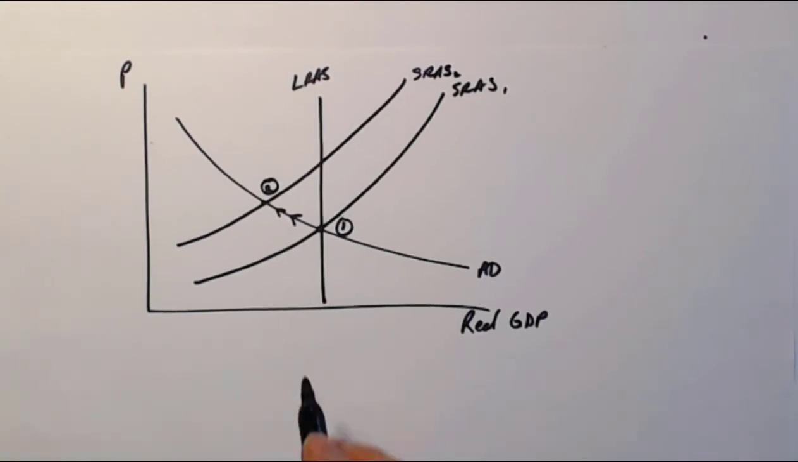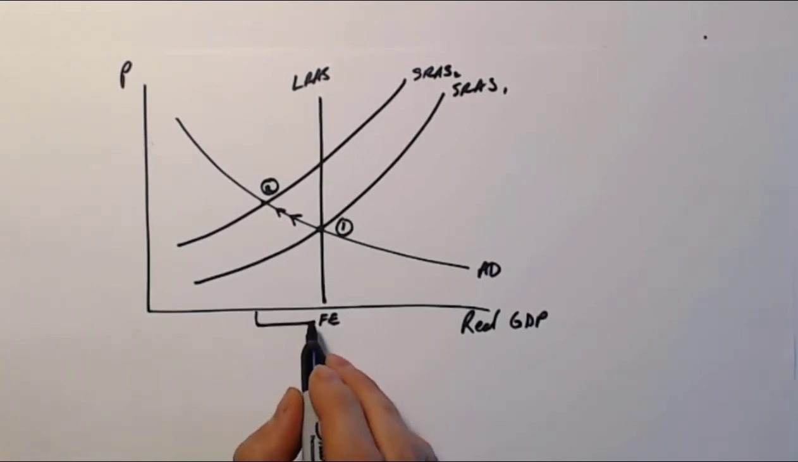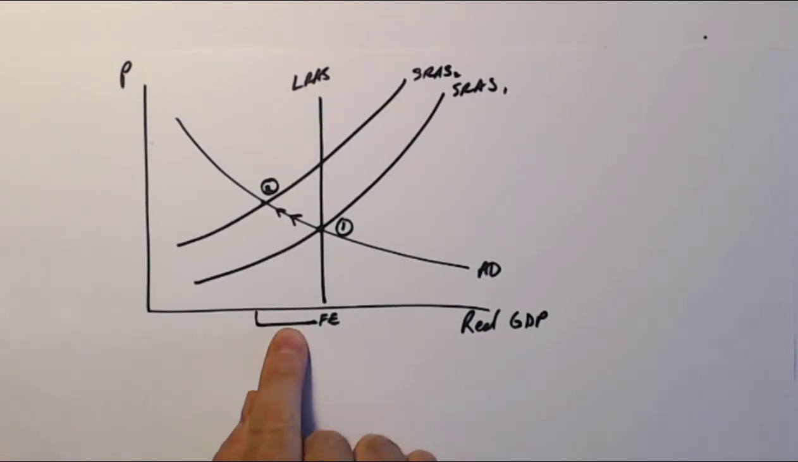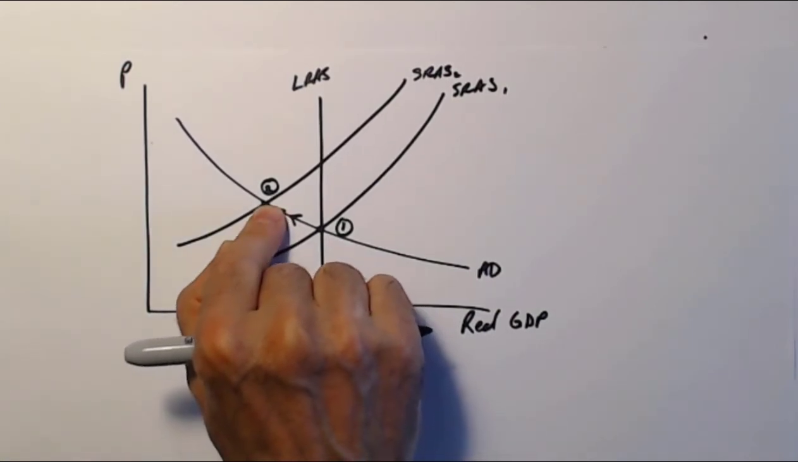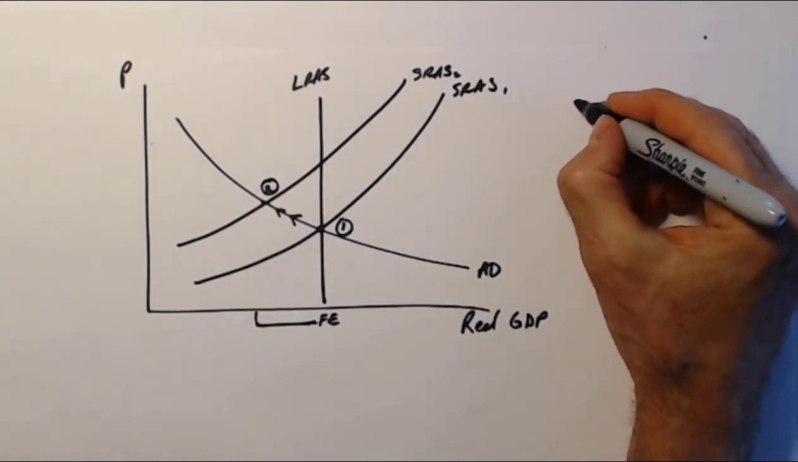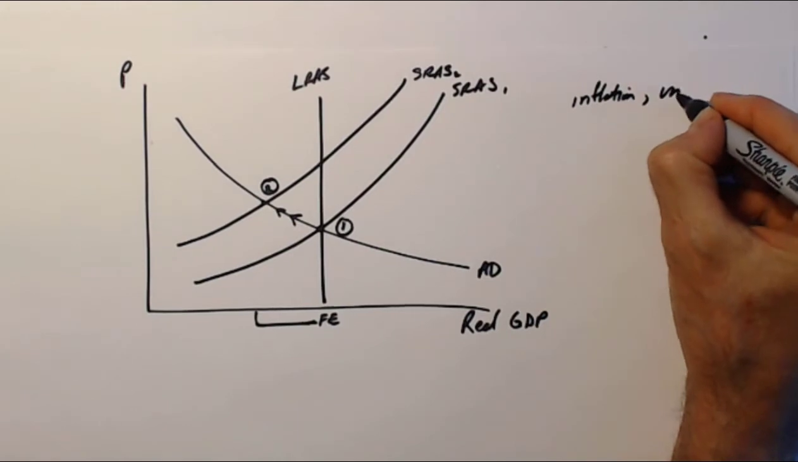And what happened here? Well, remember, this is full employment, and so look at this. This has to be unemployment. Some would refer to this as a recessionary gap, a recessionary gap when we have high unemployment. So we have inflation, we have unemployment,